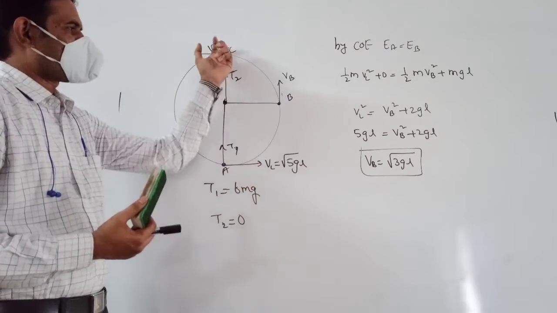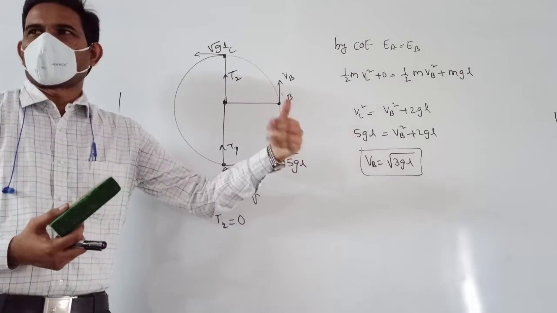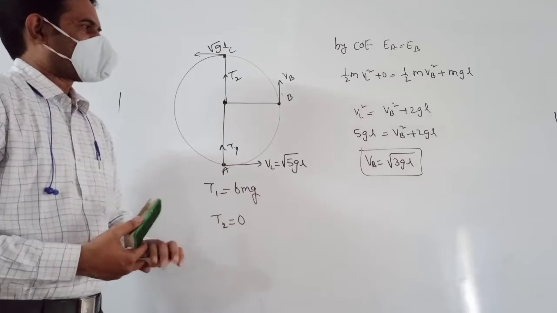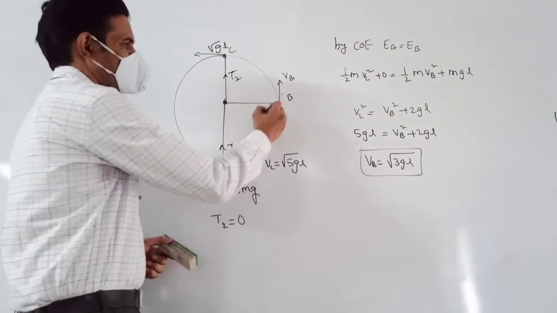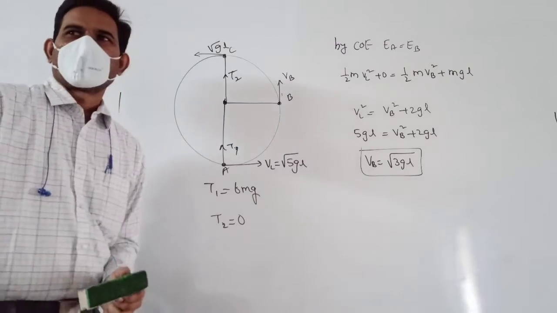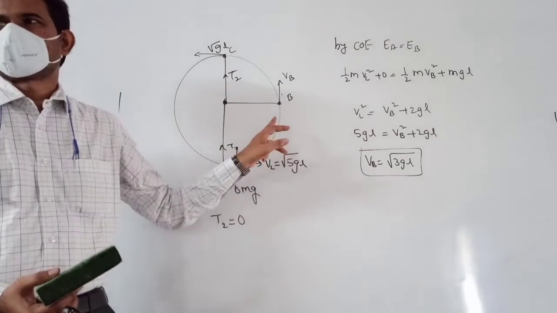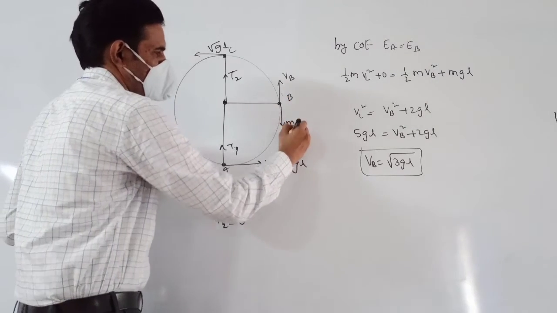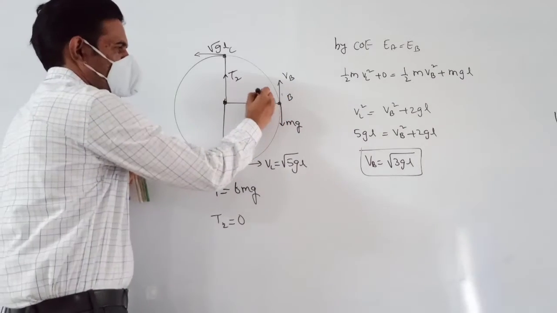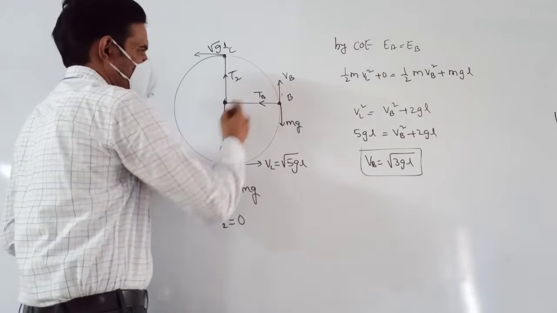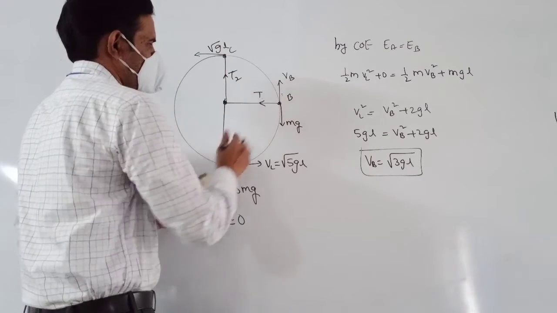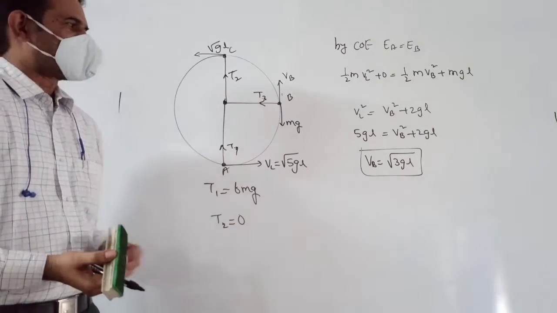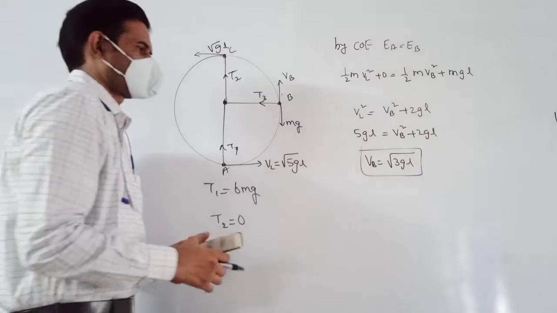Now correspondingly tension you can calculate at this point here. So at point B, can you say the force equations here? What are the forces acting at point B? A gravitational force in downward direction and a tension towards the center. Let's suppose the tension at that point is TB, or let us take it as T3. Then the centripetal force equation here is only that T3 is equal to centripetal force, so m vB square by L you can write. That means only tension will provide the centripetal force.